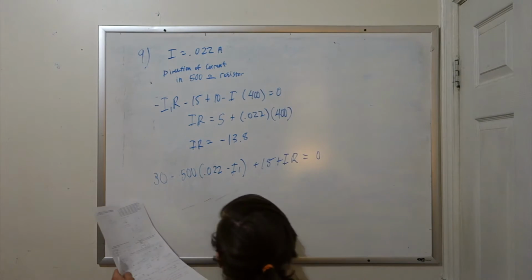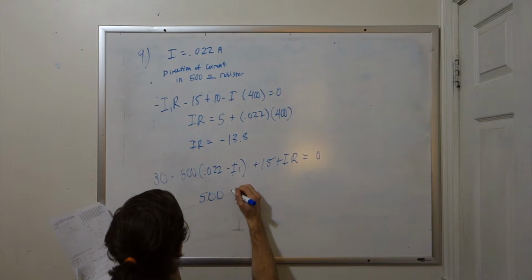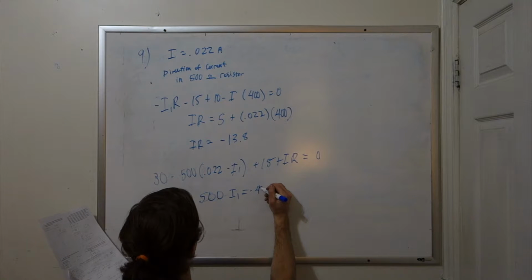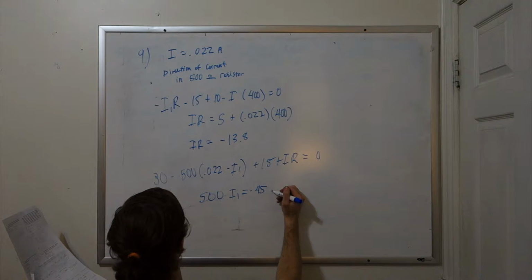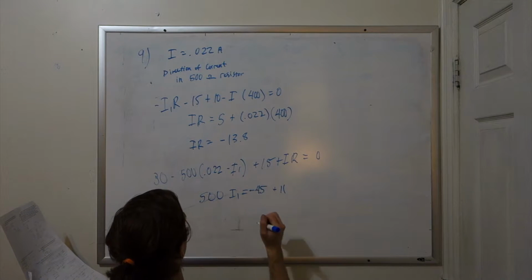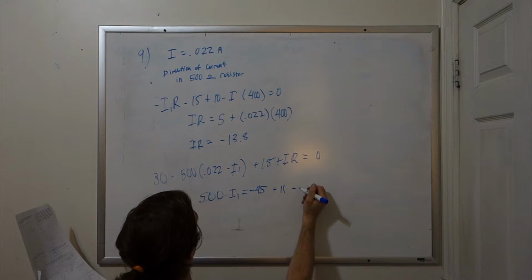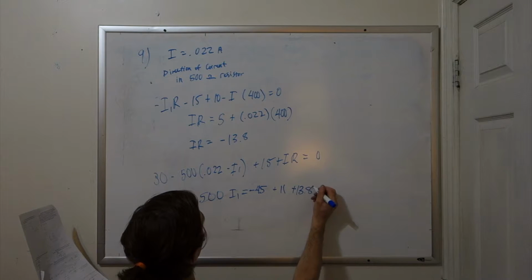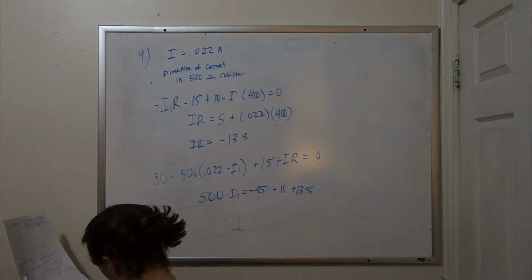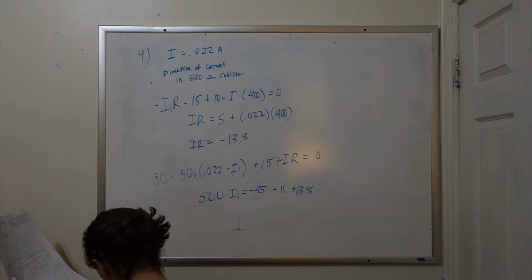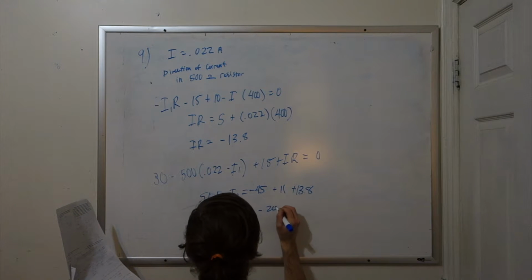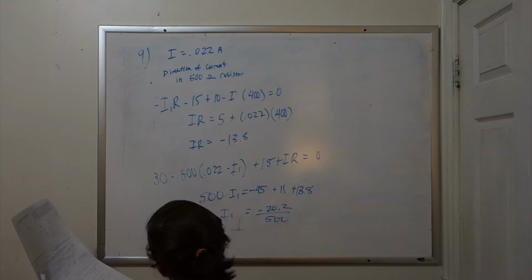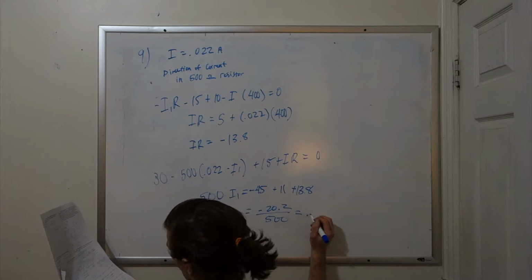So then you find that 500 I1 is equal to 40 negative 45, 400 is equal to 11, so plus 11, and then minus plus 13.8. So minus 45 plus 1 minus plus. Okay, and so this is equal to negative 20.2 over 500 is equal to I1, the current for 1, and then this is equal to negative